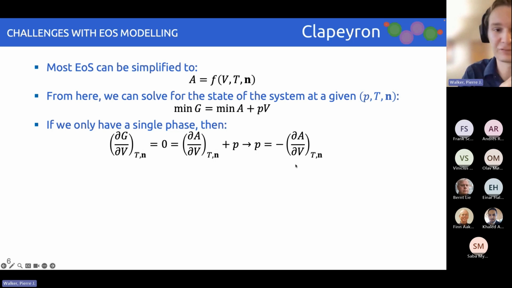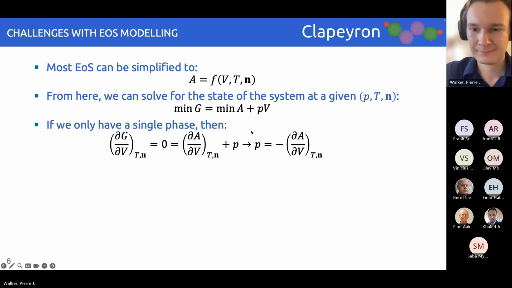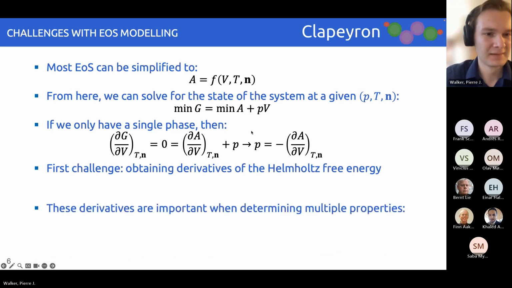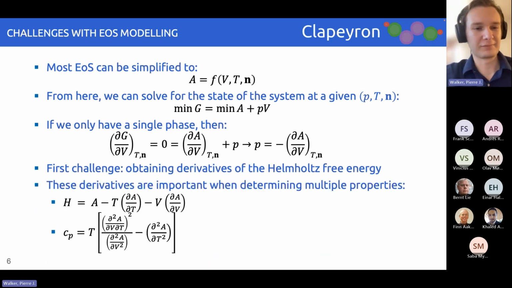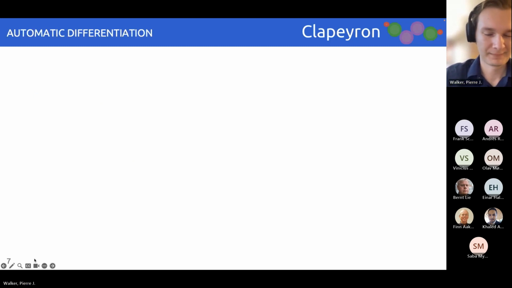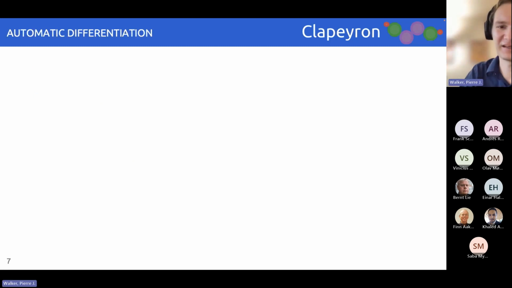And this alone highlights one of the challenges of equation of state modeling. For the equations to be useful at all, we must be able to differentiate them. And even beyond this, to obtain other useful properties, we need to take different and higher order derivatives. Now, as mentioned in the last talk, Julia has first class